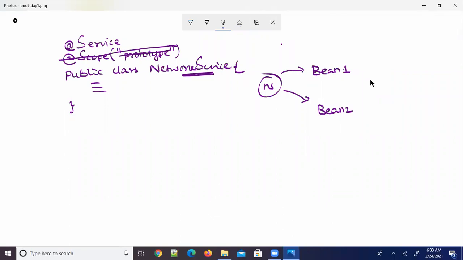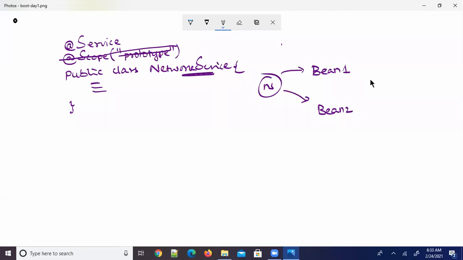And now next, as you know, mostly in our application the objects are collaborating with each other. One object will use or make a call to the functionalities available in some other object. An application consists of many classes, and the functionalities of one class are called from another class.